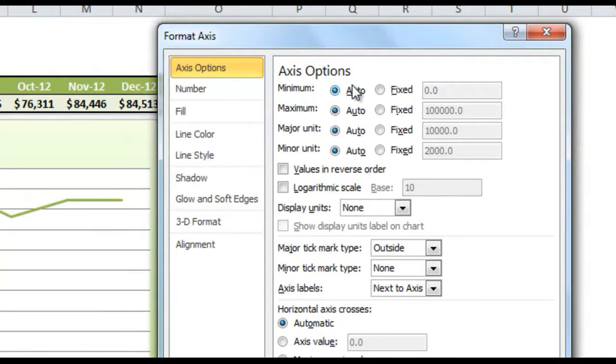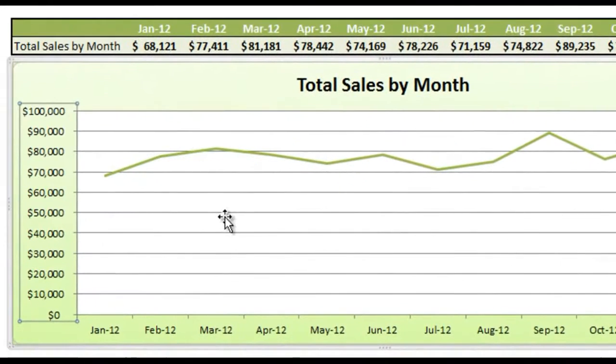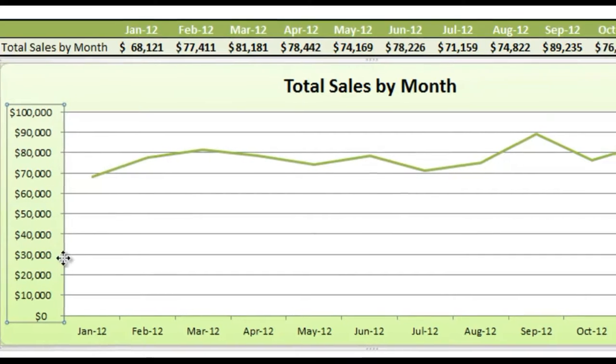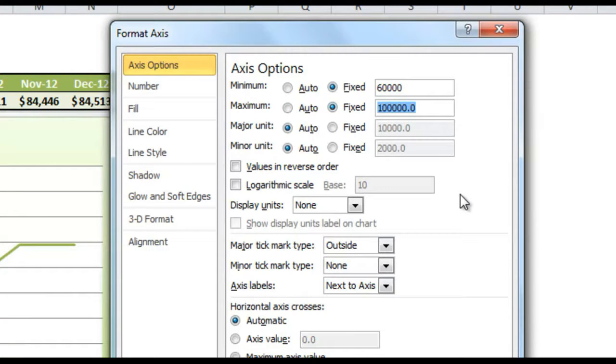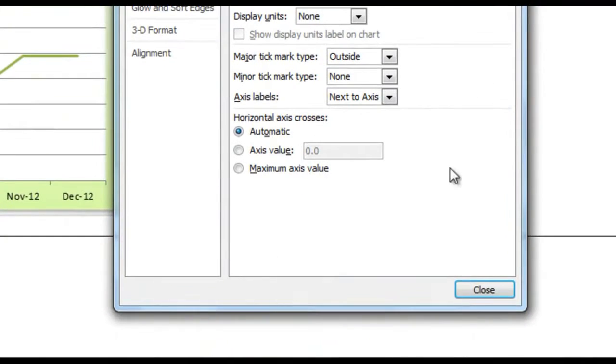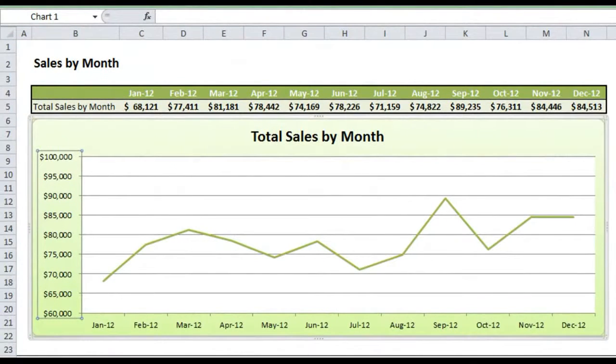For our axis options, we have the minimum, maximum, and which units they're displayed in. So right now our minimum is 0, our maximum is 100, and the units are 10,000 in between each of these lines. That is marked as auto, so if we change it to fixed, we can actually change which these values are. So for minimum, let's change that to be 60,000, and maximum, we will keep it at 100,000, but just type it in so that it doesn't change as our data changes. And now we hit close, and you'll see we get a much more readable chart which shows us the trending